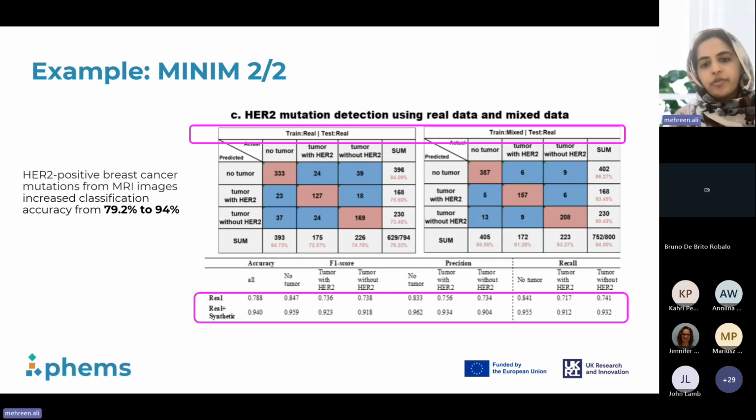I have added this image from the article that I've shown earlier. There are two tables. In the first scenario, they are training and testing the model on real-world data. In the second case, they are using synthetic data along with the real data for training the model and then testing on the real data. If you can follow my cursor, you can see how the numbers have changed from just using real data to using mixed data. So that's the power of synthetic data when it has been used for data augmentation.